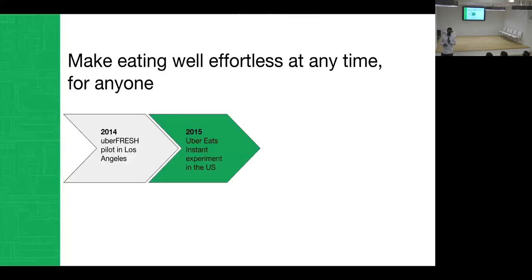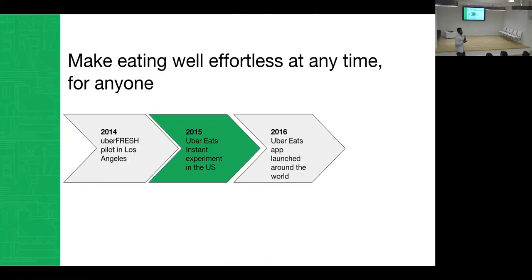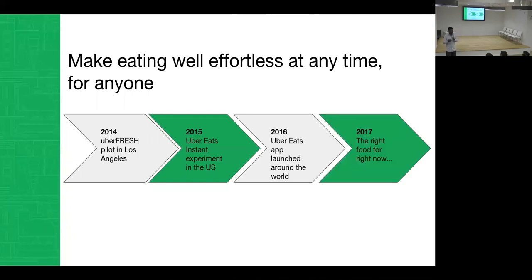So it started in 2014 as a lot of good things at Uber start, as an experiment. What if we just put a few fixed menu items in an app and let people order them between the hours of noon and 1:30, and see what happens? People want meals in 5 minutes, find really awesome restaurants, see if it works. Scaled it a little bit in 2015 to a few more cities. Launched the standalone app in 2016, and then 2017 is really when we knew that we found